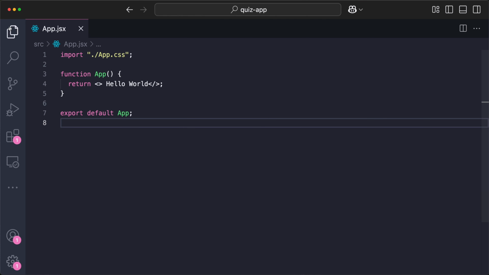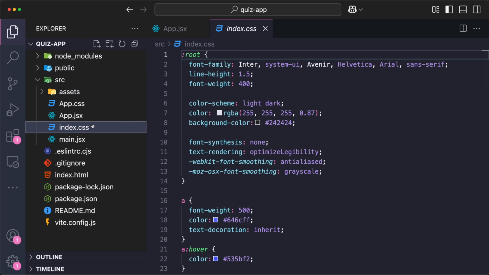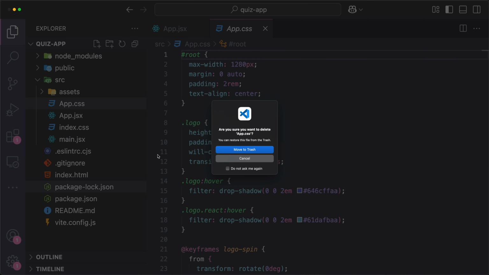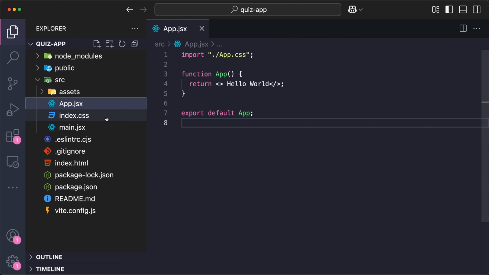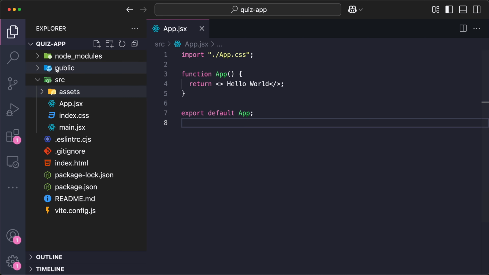Now, what about the rest of your project? Well, there isn't much to understand. We have here two CSS files that you can use. It comes with the project, but they're not technically necessary. I'm actually going to delete this one over here and just keep one, but they're just normal CSS files. There's an assets folder in case you want to add some assets to your project. And we have this